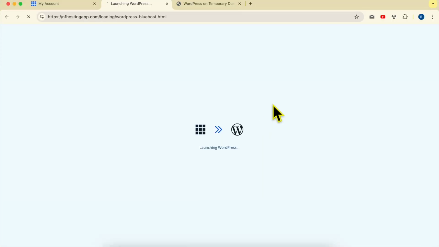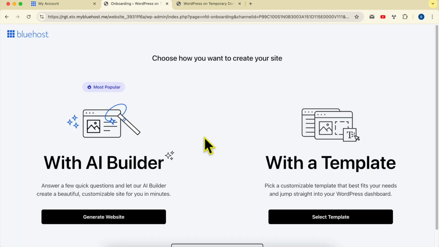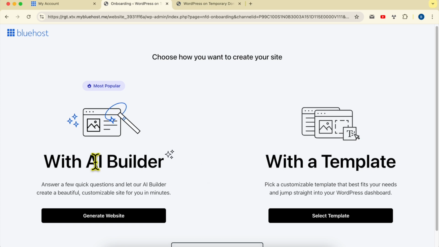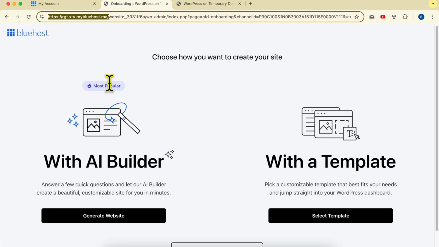This way, you will automatically log in to your new WordPress dashboard. But before this, Bluehost will ask you a few questions to customize your website. If you want to go with this onboarding process, you can select between a template or build your website using AI. And if you want to have a fresh copy of WordPress, simply look here, and this is your temporary